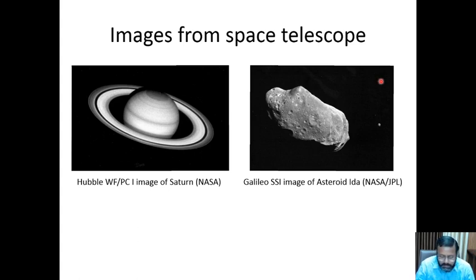And this is one of the images taken by the planetary mission by JPL for the Jupiter planetary mission. They used one single 800 by 800 pixel camera to image this asteroid. So within 2 decades, the CCD development rapidly progressed, and it was applied for space missions also.